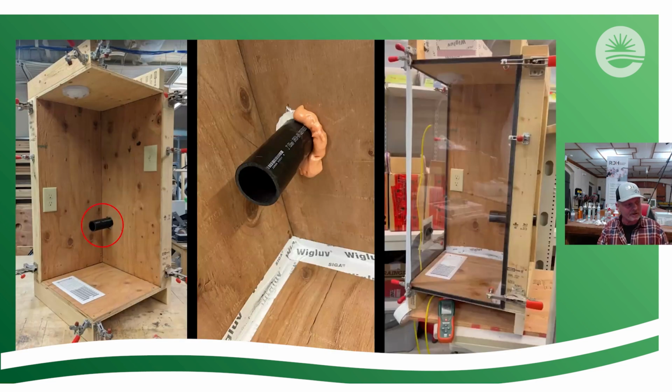So here's an air leakage retest. All right, so you can see here, here's that pot. So for fun,